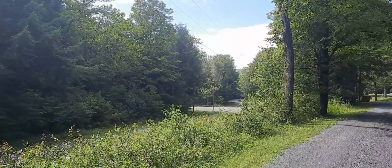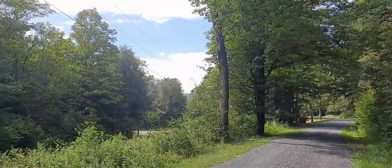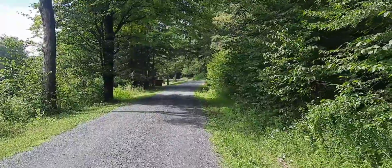And then up this side road here, I'll stick that. See that gravel down there? That's overflow parking. So that's really close and easy walk for you. I'm impressed with